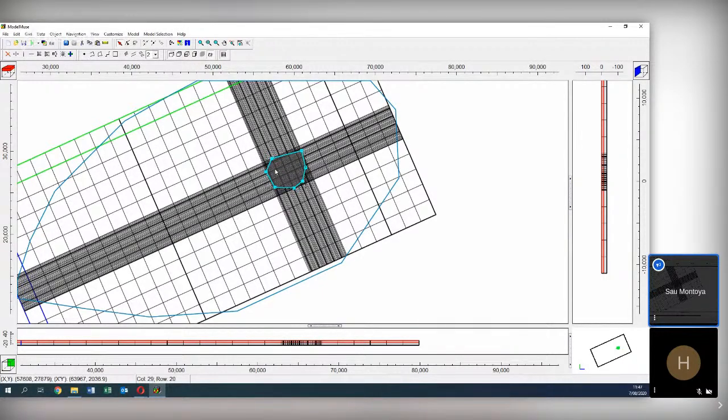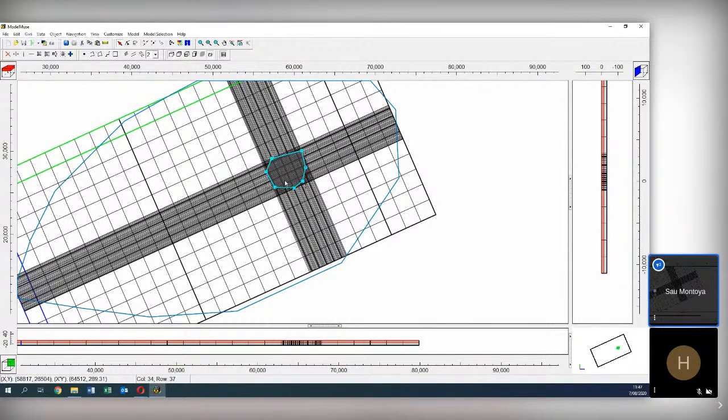Numerically this can be challenging, and you could end up with some issues of convergence and so on. So there is an option to smooth the grid, which smooths the transition between this refinement and this refinement.